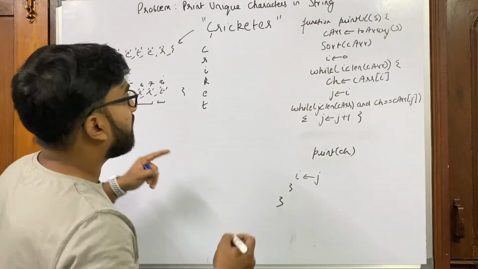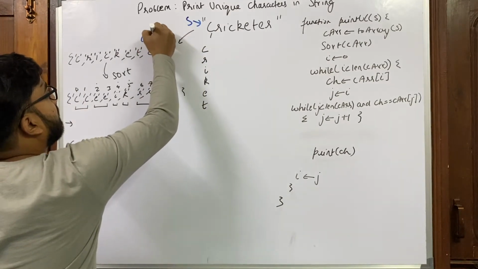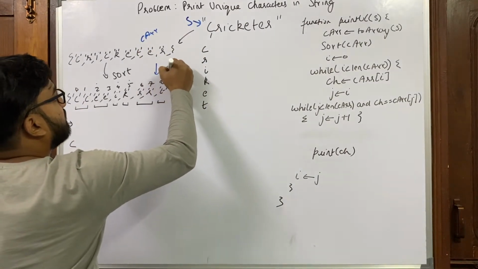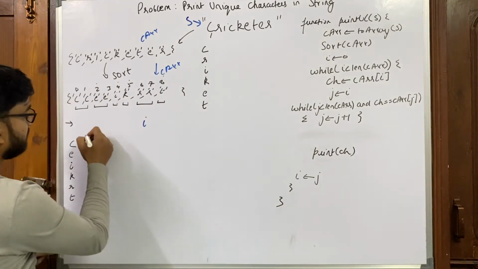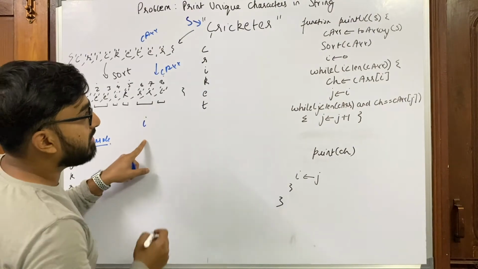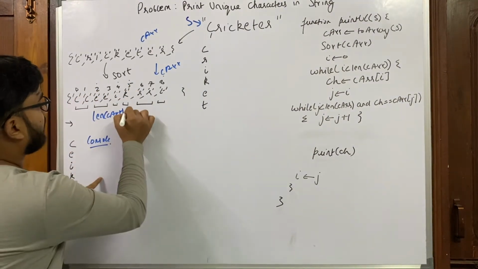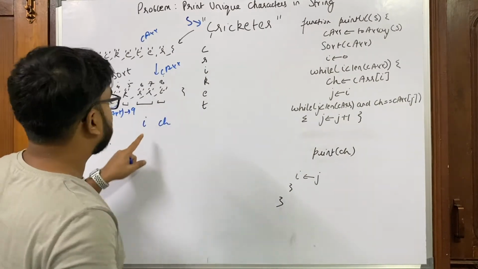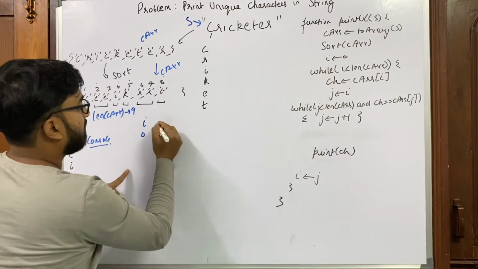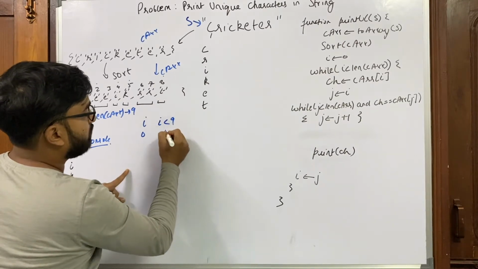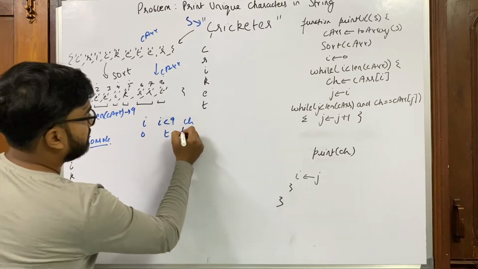So I start with my string S as this. This is S, this is CARR, this is after you sort CARR. You start with I equal to 0, and suppose this is my console. The length of CARR is 9. You have ch. We start with I equal to 0. I is less than 9, this is true. You have ch. Ch is CARR of I, which is C.